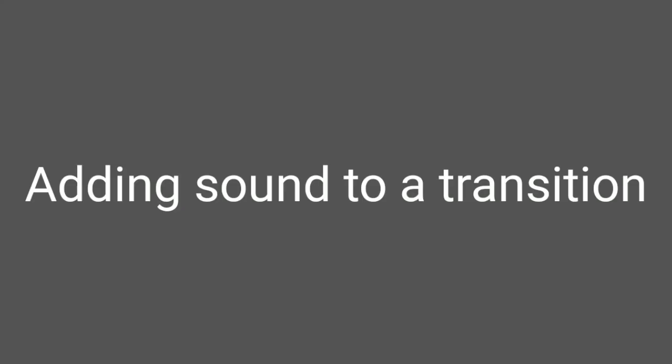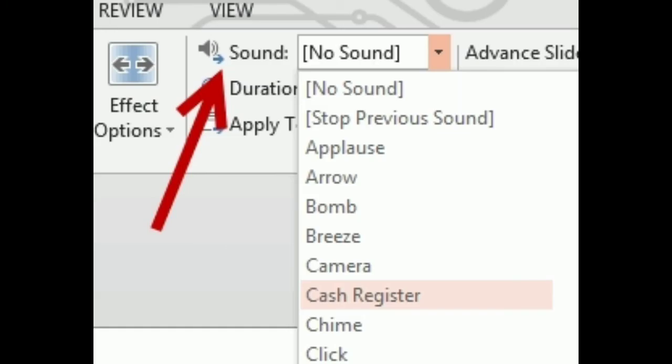Now next let us see how to add sound to a transition. Now we can see the steps of how to add sound to a transition. Step number 1 is you have to select the slide to which the sound is to be added. Second step is you have to click on the sound drop down arrow. See in this picture there is an option given for sound and there is a drop down arrow also provided. You have to click on that sound drop down arrow. Then a list of sounds will appear. See in this picture a list of sounds is listed. You can click on any one of the options.